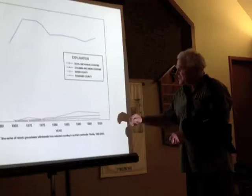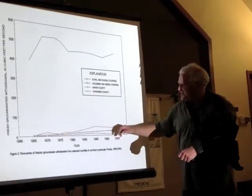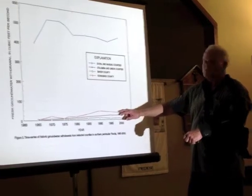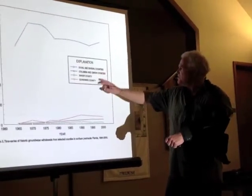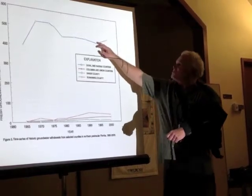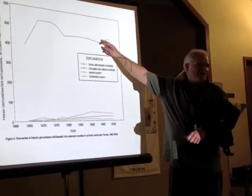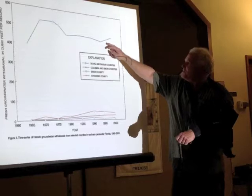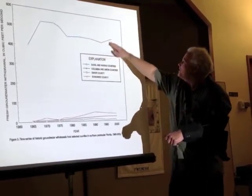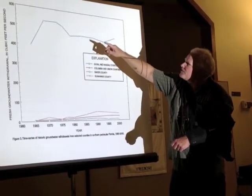This will give you an inkling what's going on with that last slide. These are the water withdrawals in 4 of the rural counties to the west, Columbia, Union, Baker, and Suwannee. And here's the water withdrawal for Duval and Nassau County. That's Fernandina and Jacksonville. That's up. They've gotten a little more efficient here, huh? Now they're going back up again,